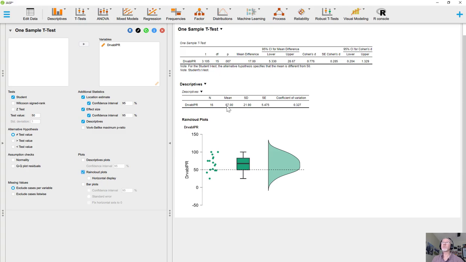And my t-test is determined by taking this 67 minus this 50 to give me a difference of 17 points over and above what I expected if they were accurate in estimating their driving ability. And I take that 17 and divide by the standard error of estimate, and I get my t value, which is 3.105. It's evaluated with n minus 1 degrees of freedom, that's 15 degrees of freedom,